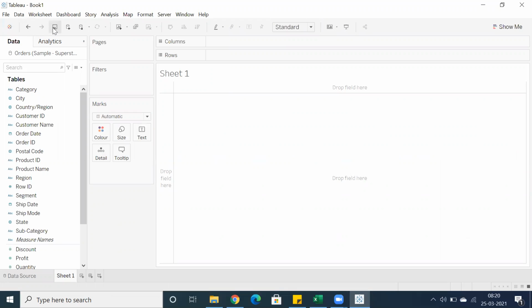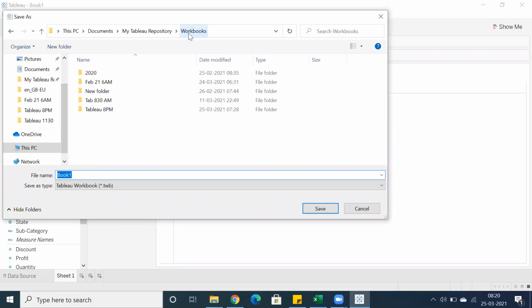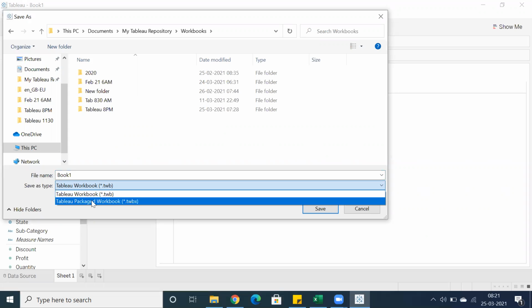But whenever you are going to save, the advantage of Tableau is that when you click on save, you can see you are getting the extension Tableau Workbook .twb, or similarly Excel .xls, .pdf, those extensions. You can save the workbook as .twb or .twbx, Tableau Packaged Workbook.